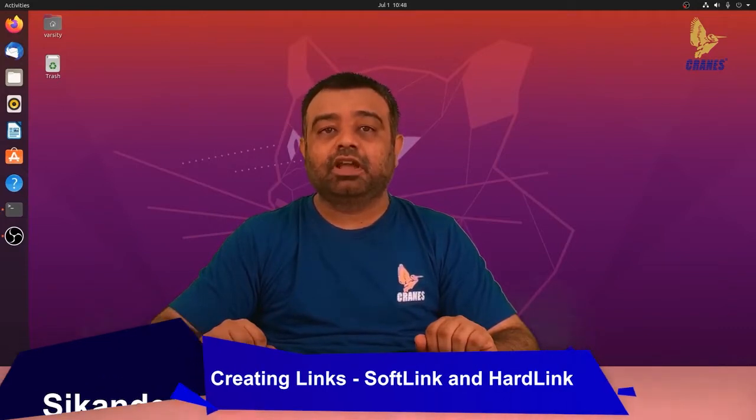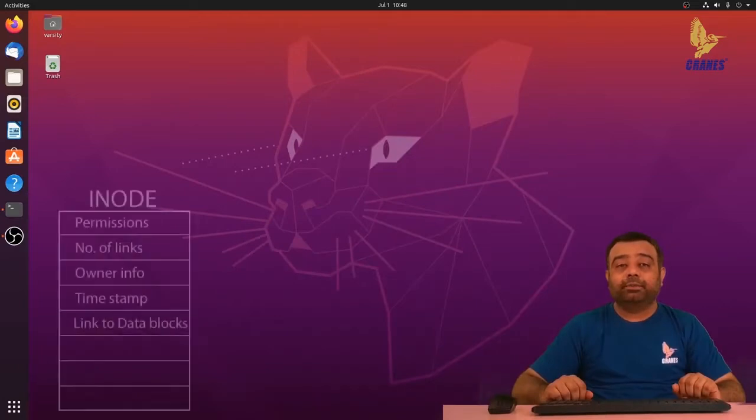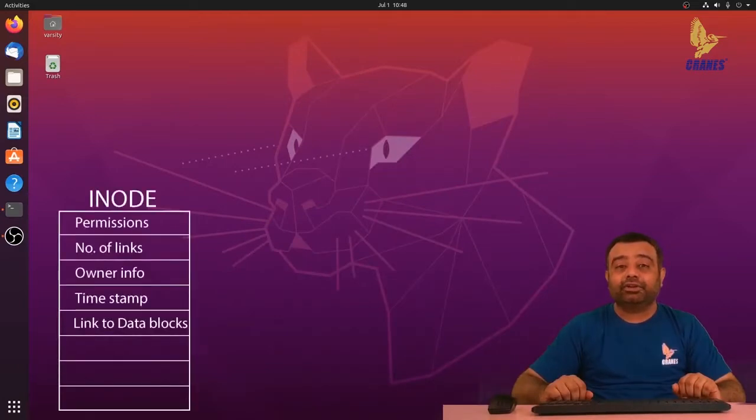file. When you create a file, a data structure called an inode gets allotted for the file. The inode data structure basically contains the metadata information about the file. It contains information like the access permissions. It also contains information about the owner of the file as well as the group. Then it contains information about the creation and the modification time of the file, and it also contains pointers to